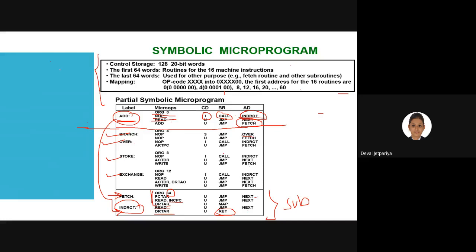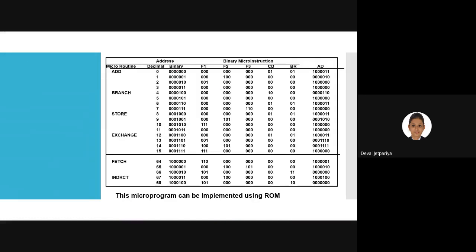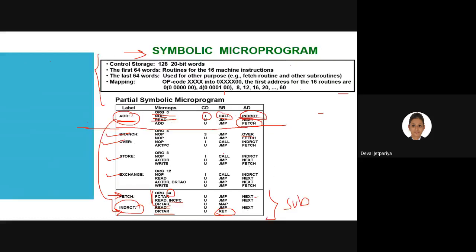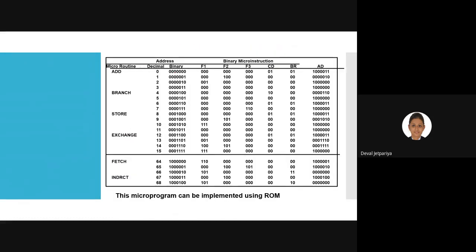Okay. So this question can be asked like: explain symbolic micro operation with a microprogram with an example. So definitely you need to write down one example, because without an example you cannot explain this microprogram, right? And in the second slide, they have also given the same microprogram but with its binary code. So I guess now this is easy.